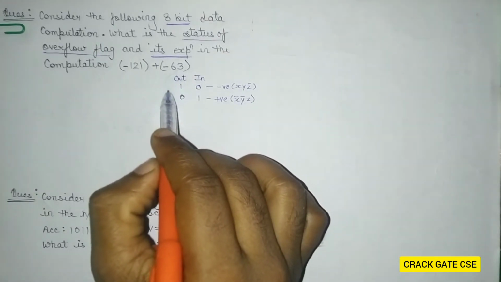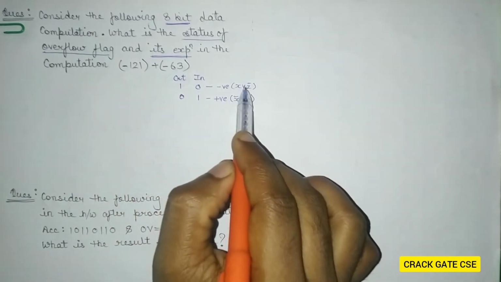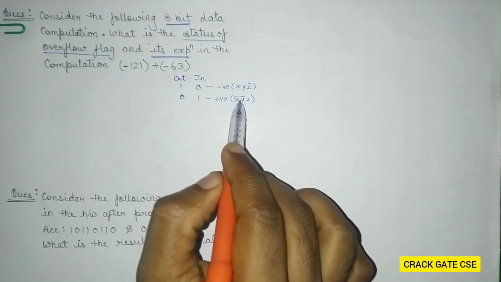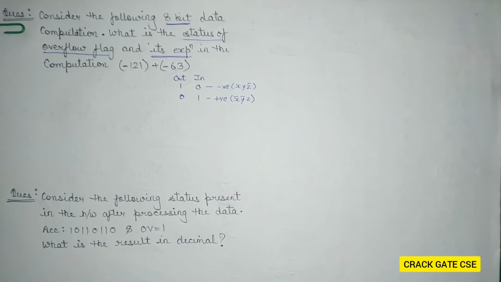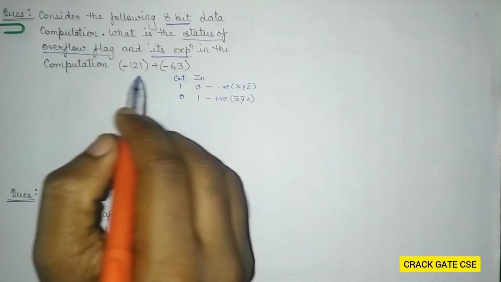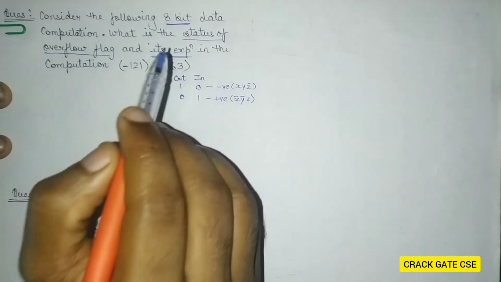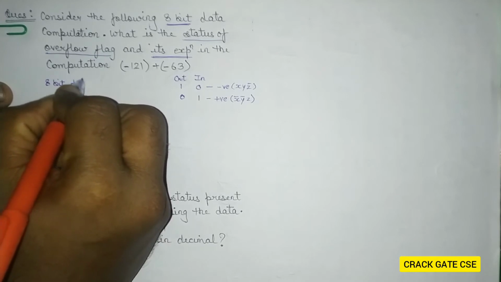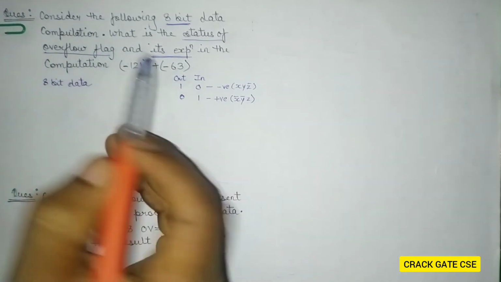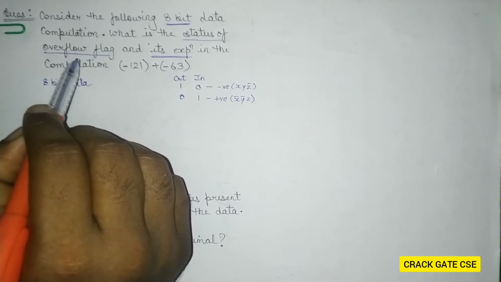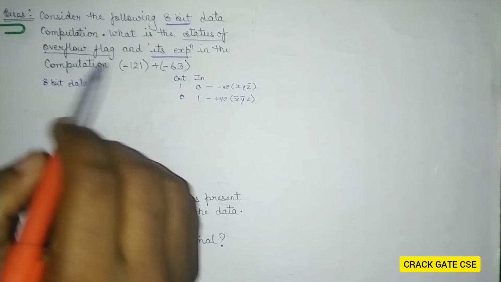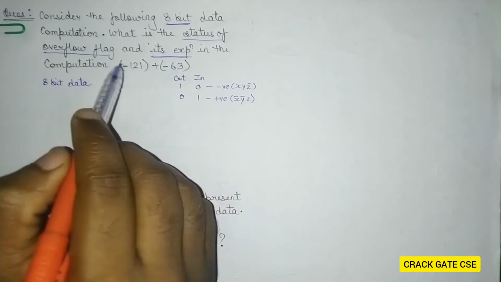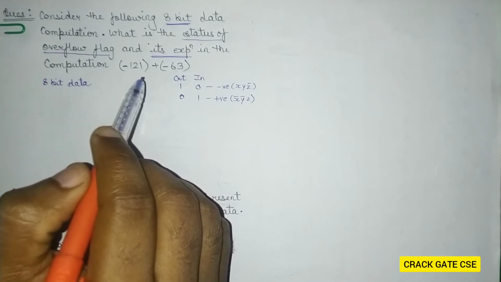Here we are not going into the depth of in carry and out carry. We just need to take care of whether it is a positive overflow or a negative overflow, and what the condition is for the respective overflow. First, it is given that we have to process 8-bit data. How can I say that it is signed? Because the overflow flag is given. If the overflow flag is given, then you can say the data is signed, and it is also clearly mentioned that the data is signed.